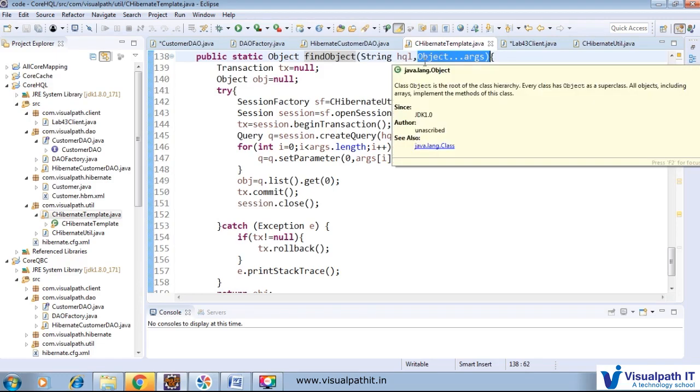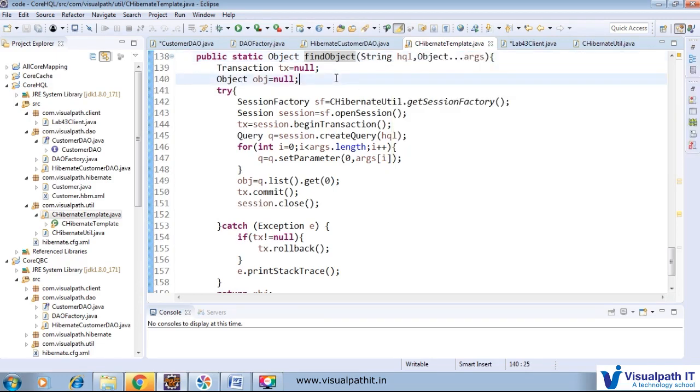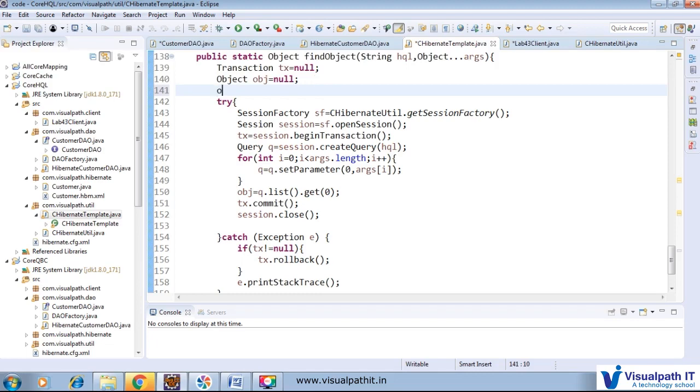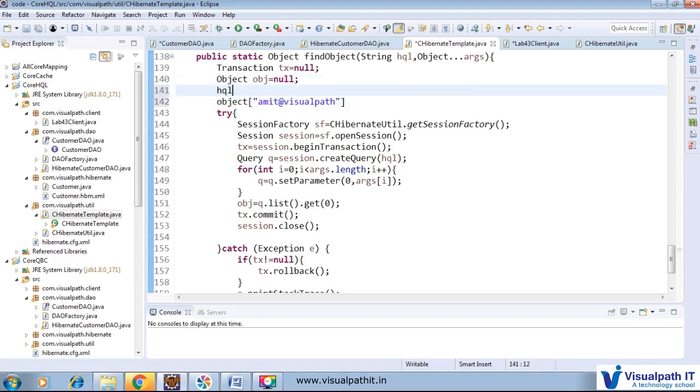Now we are passing only one argument, and our method has two parameters. So in this object we have only one parameter, that is the email, Amit@visualpath, that we are passing, and our HQL is from Customer cts where cts.email equal to this placeholder.